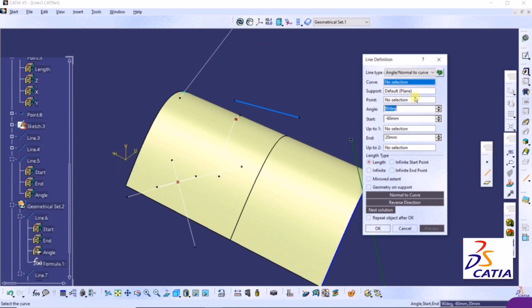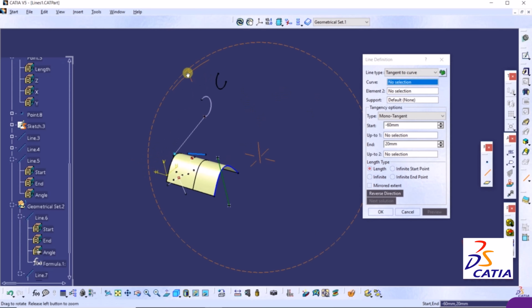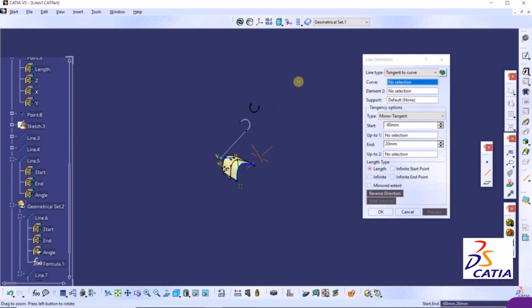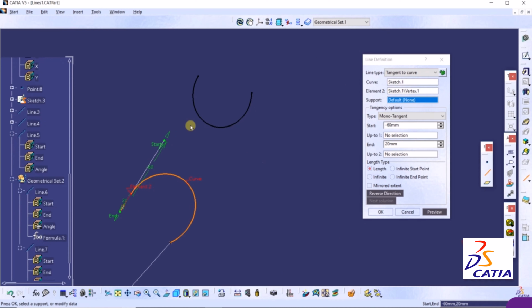Once again go to line. The next option in the line is tangent to the curve. So we have this curve here. I go to this curve. Let's rotate this and then zoom in. So I have these two curves and I want to create tangent to the lines. So first of all we need to select a curve. I select this curve and then we need to select the element 2. So element 2 will be the reference onto which the tangent will be created. Take the end point and the vertex of this point and then we can see a tangent line has been